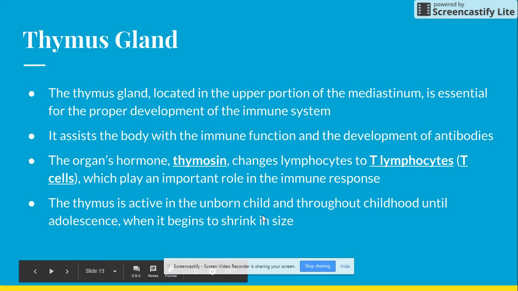So it's the biggest when you're born, and it shrinks over time, which kind of makes sense because an unborn child has not been exposed to any sort of disease at this point. Not until they come out and are exposed to different nasty stuff that's around. So it makes sense that as they get